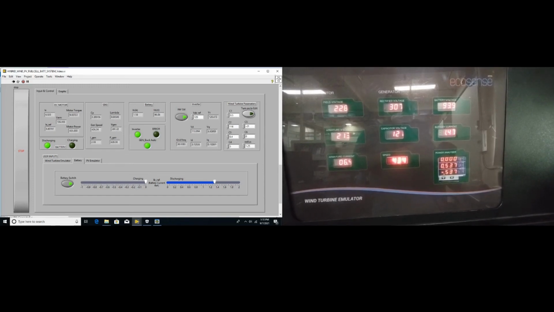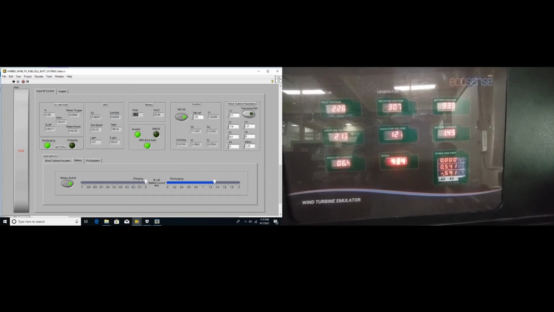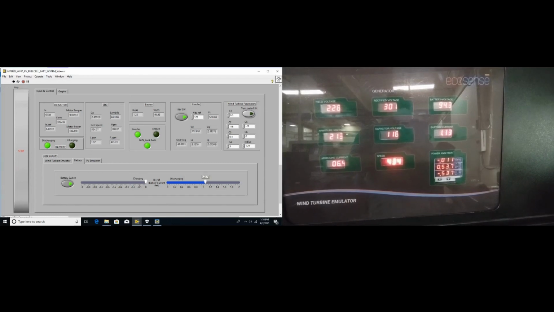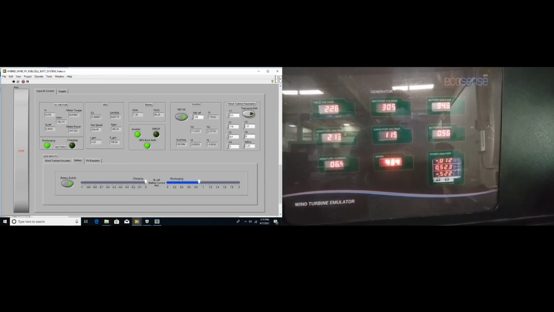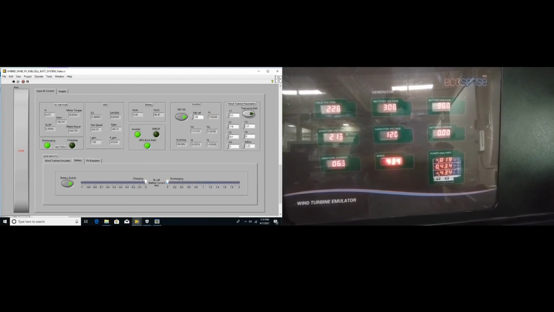So right now power analyzer is showing the power from battery plus power from PV emulator plus power from wind turbine emulator. So we are right now transferring around 540 watts of power towards the grid using these three sources.